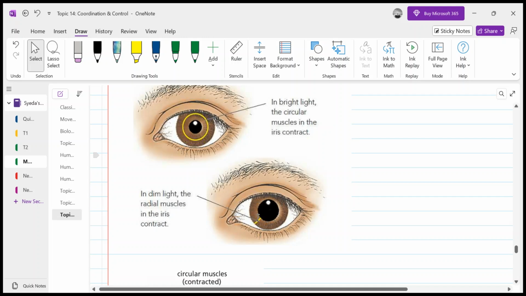Now, how does this occur, right? This pupil is just the hole. Now, as you can see, the brown part, the colored part of your eye, is actually the iris, right? And the iris is made up of two types of muscles. If you remember the antagonistic term that we discussed earlier, antagonistic muscles are those muscles which work in pair form. If one contracts, the second one relaxes. If the second one contracts, the first one relaxes. So this iris has two types of muscles, circular and radial muscles.